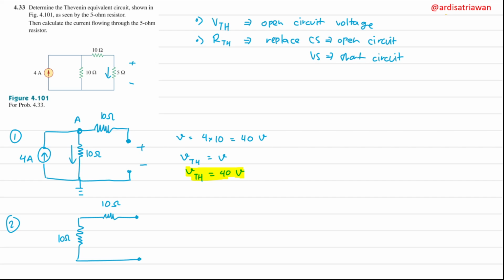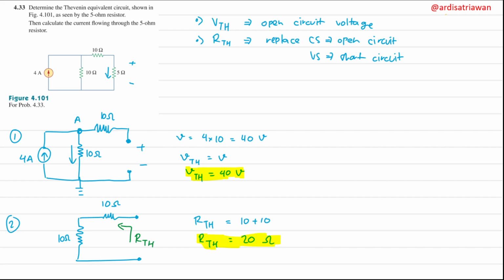So if we see this resistance from here, that will be the Thevenin resistance, and we can calculate this easily because this is a series circuit. So the Thevenin resistance will be 10 plus 10, and of course the Thevenin resistance will be 20 ohm. Okay, we have 20 ohm here,